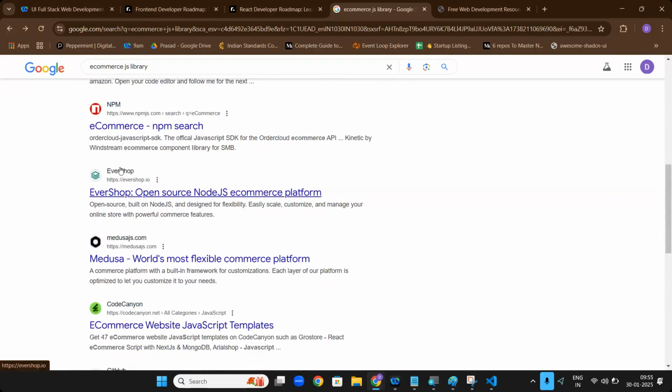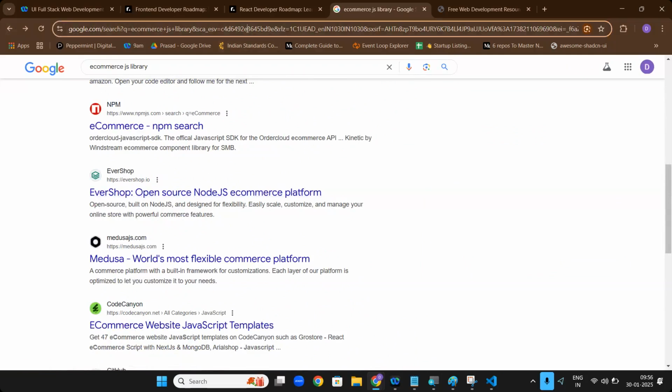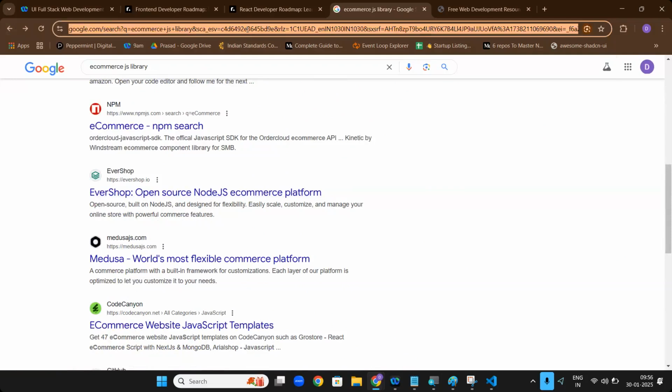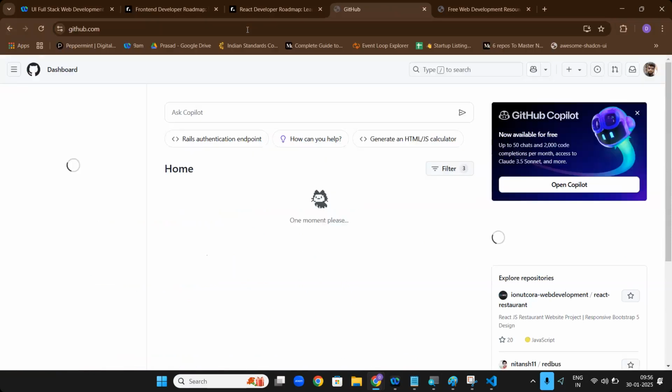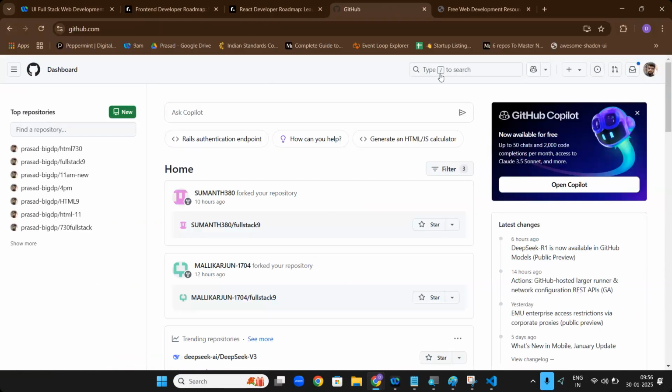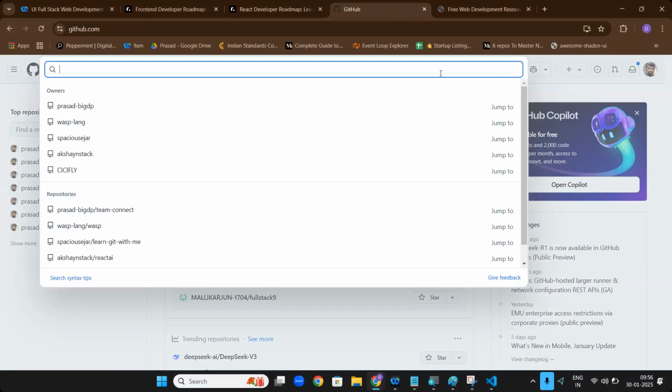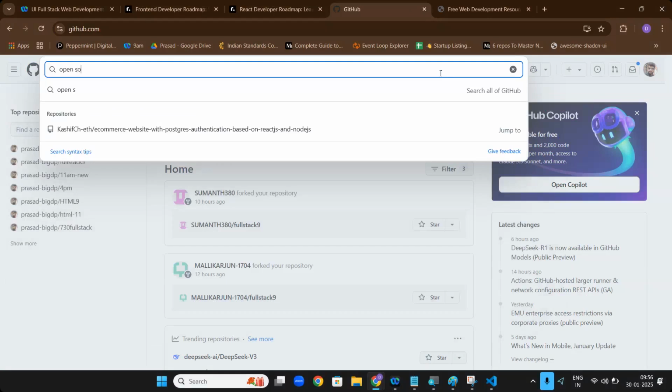Try any kind of one. And if you ever go to the internet, on GitHub, type something called open source. What is that? Open source. Open source means you will get code downloaded. Some website they want to build, they will give the full code directly. For example, open source